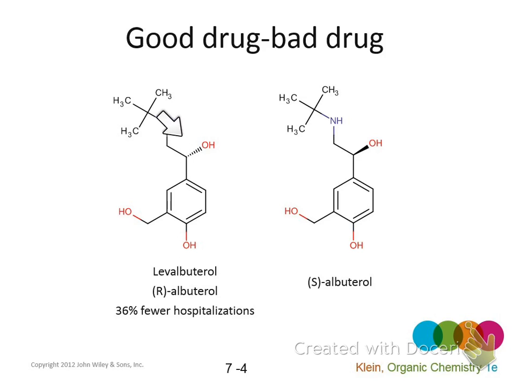They were able to eventually make pure, this is called the R version, and I'll explain to you how we get the R version, and pure S version, and then they decided to test both of them in a study to look at what effect this has on people when they administer it this way. Now, it turns out this S-albuterol apparently doesn't affect everyone, but 36% fewer hospitalizations